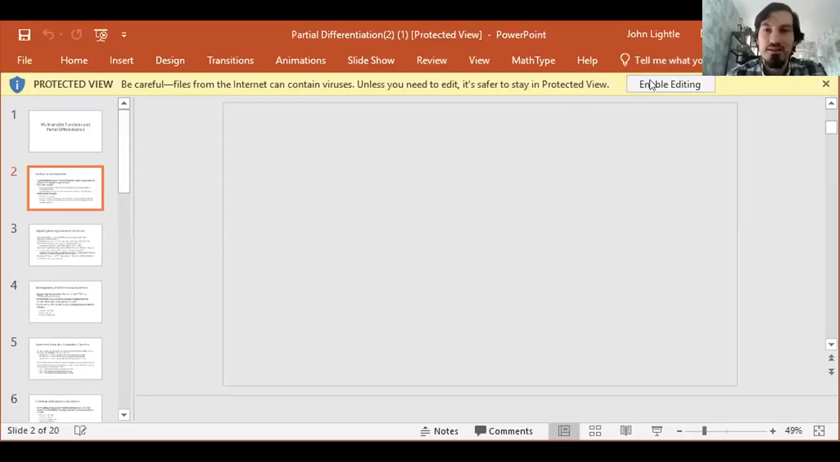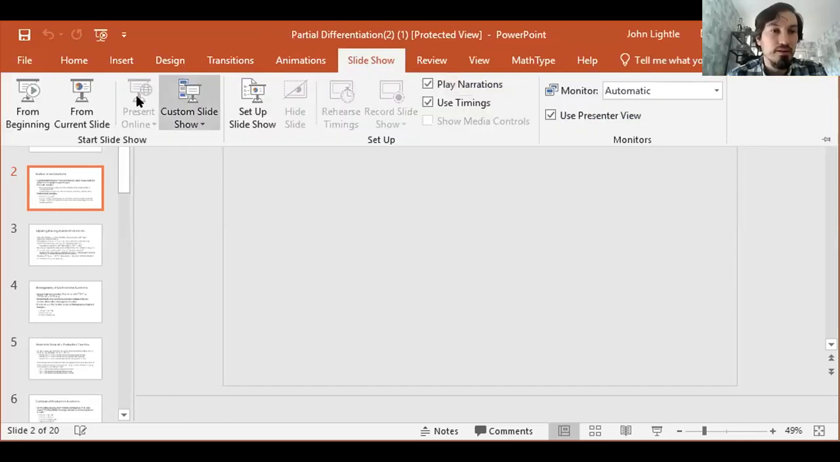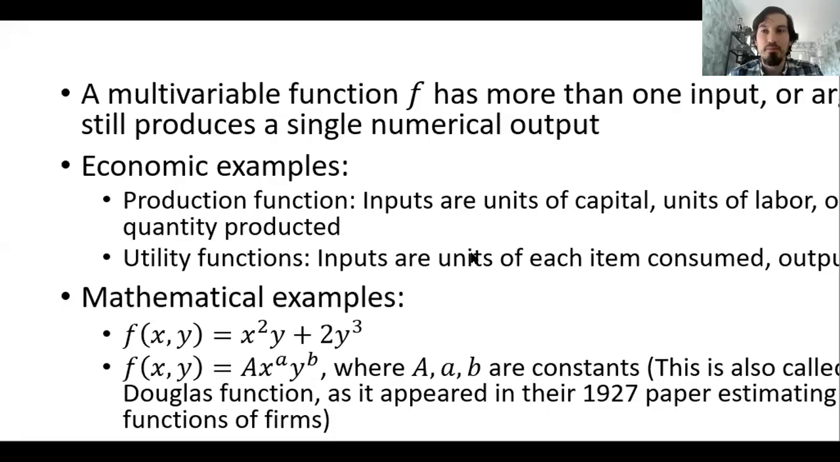I do have some slides about that, but I put it in what's called partial differentiation. But ultimately, we're going to end up talking about partial differentiation. But before we do that,